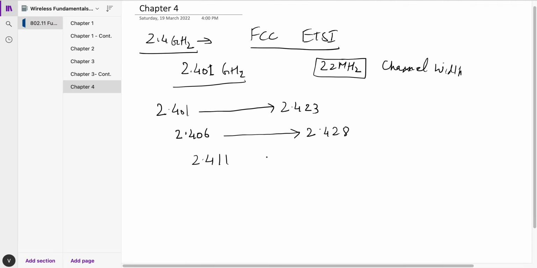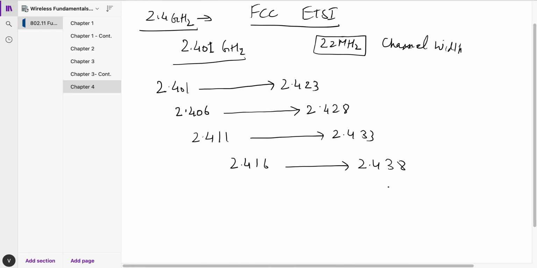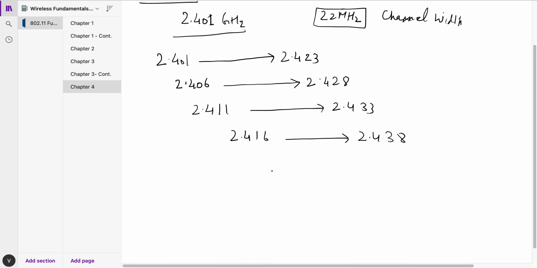Then again 5 megahertz added all the way to 2.433. Then 5 megahertz added all the way to 2.438. Then again 5 megahertz added,